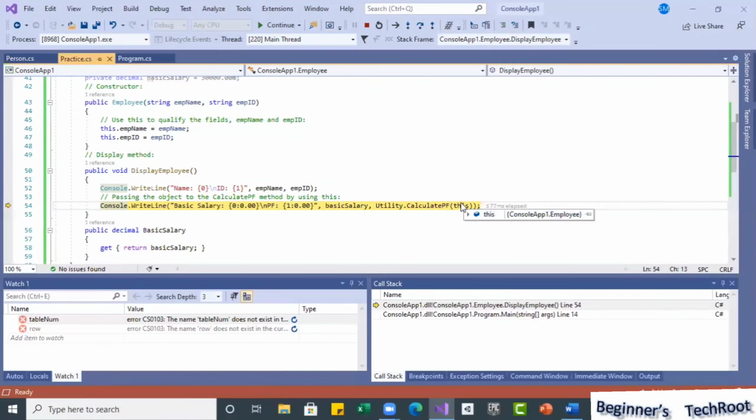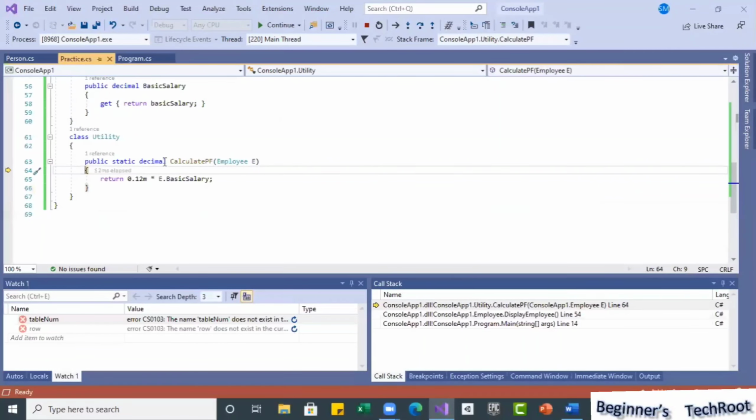Even if you keep the cursor at this position, it's showing the type ConsoleApp1.Employee. So this is the type of this object, Employee type, right? Now if you press F11,